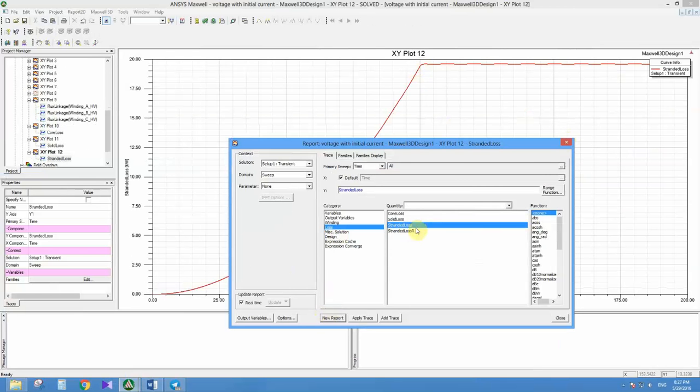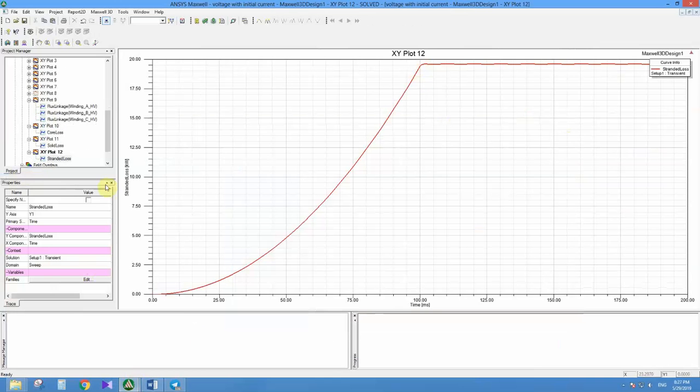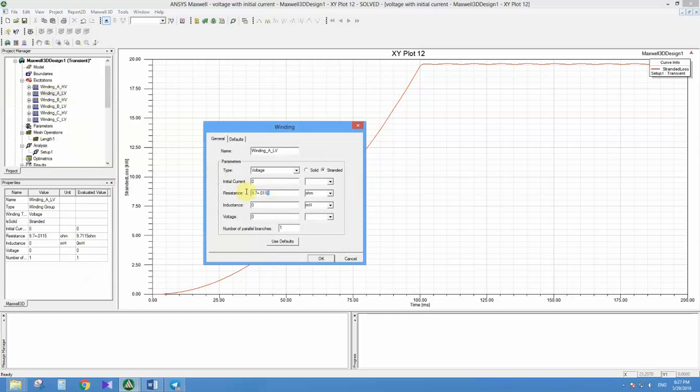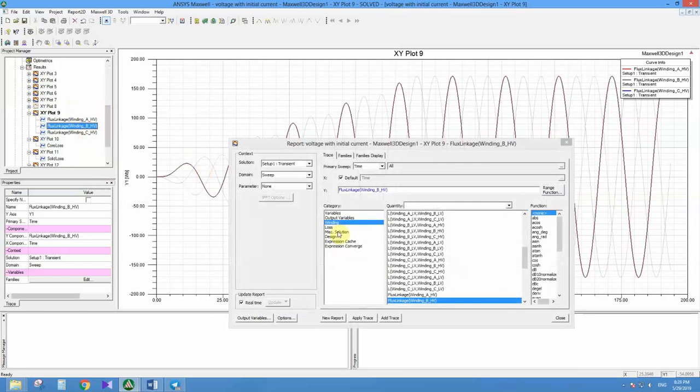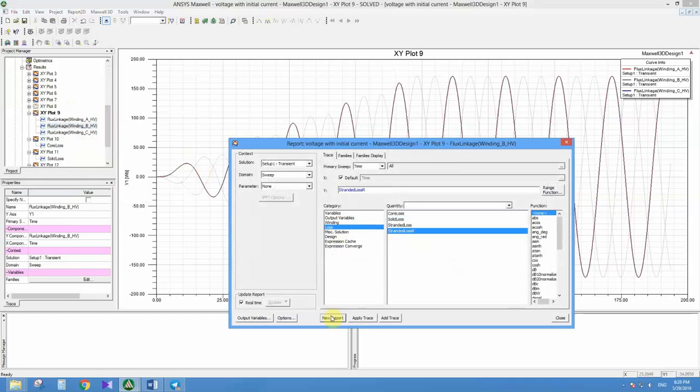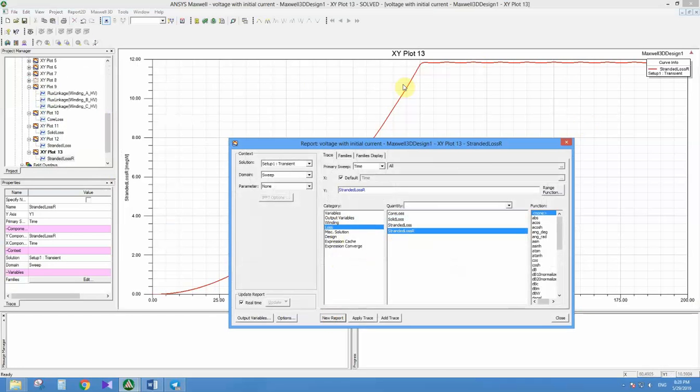And stranded loss R means the resistance of the stranded conductor would be calculated. It is, I believe I said, about 12 megawatts. Okay,